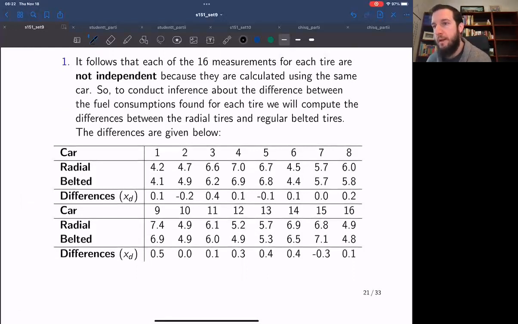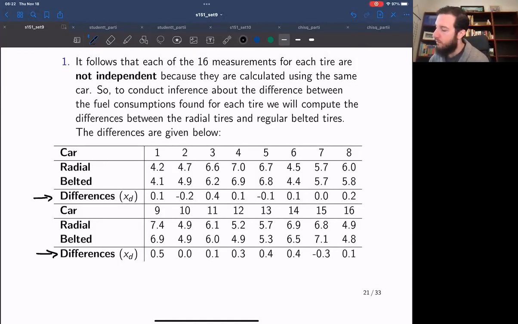Okay, when we set this test up, and we're going to look at the details of it momentarily, it's actually just a one-sample test. What we do is we construct differences between each of the values. So you can see in this row and this row, I've added the differences between the radial and the belted